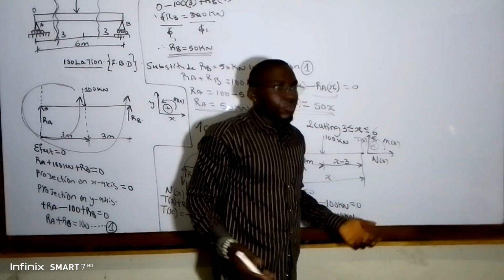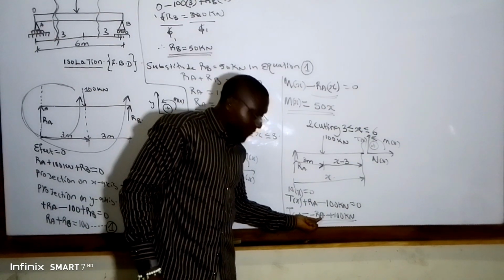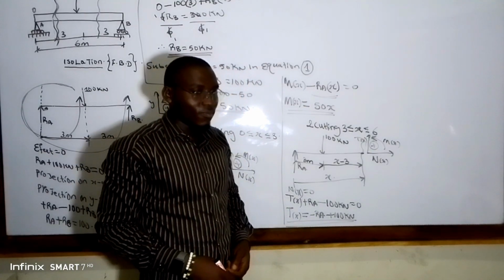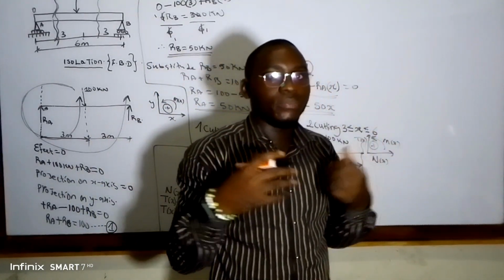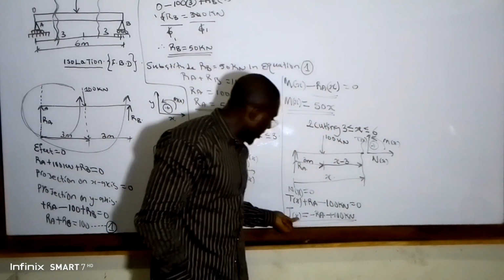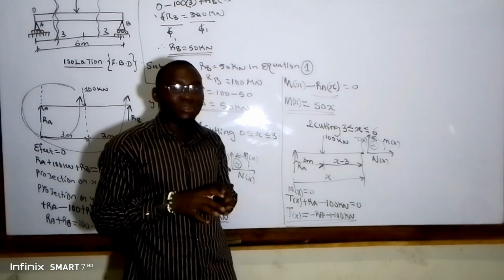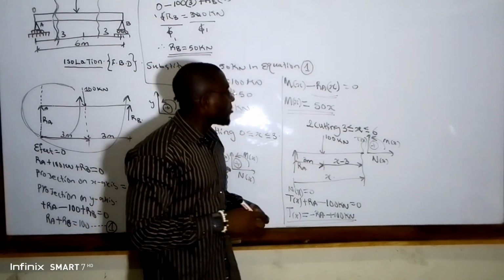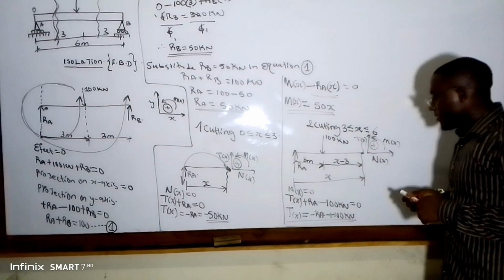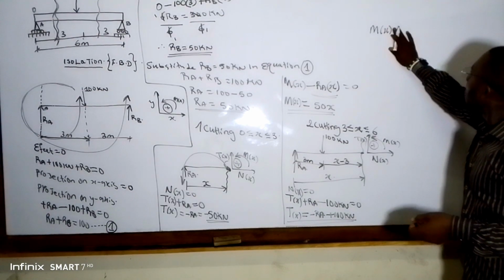If you want to use values to substitute, we say 50 minus 100. Like I told you, an engineer is his calculator. So 50 minus 100 will give us negative 50 kilonewton for T of x. If I don't want to substitute, but I prefer, guys, we leave it here for simple calculation analysis. So guys, thank you very much. Let's look for the M of x and we draw the shear force and bending moment diagram. So guys, our M of x now will be equal. Our M of x,